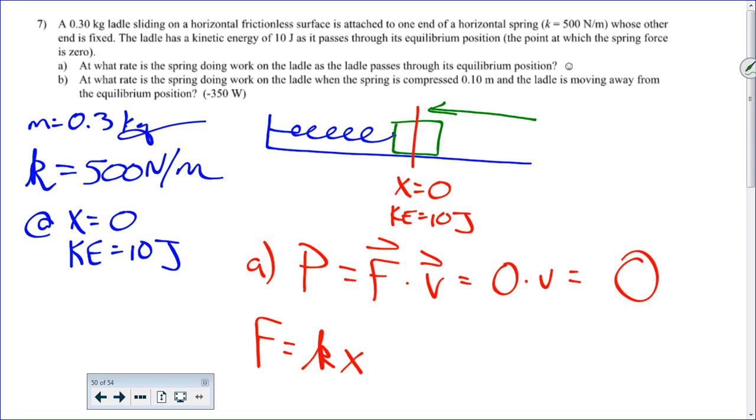All right, B: at what rate is the spring doing work on the ladle when the spring is compressed 0.1 meters and the ladle is moving away from the equilibrium position? All right, so